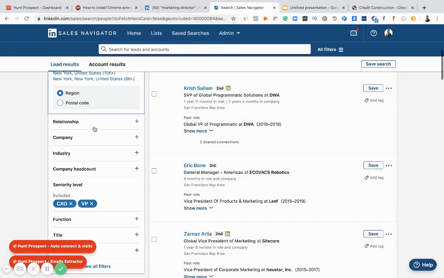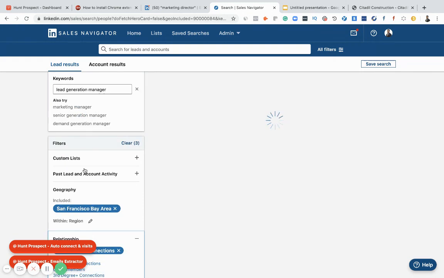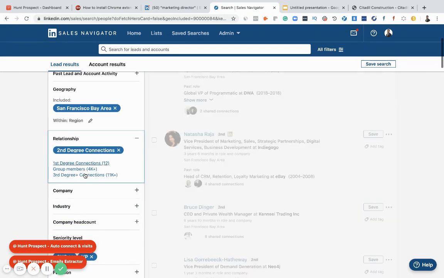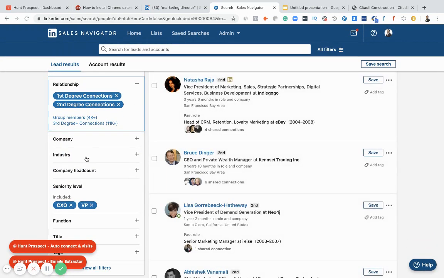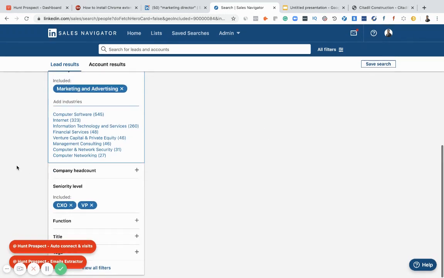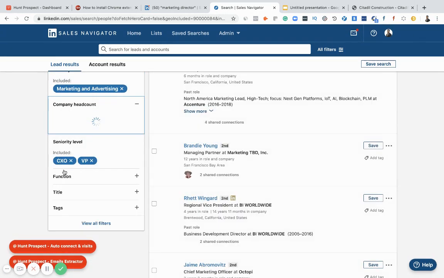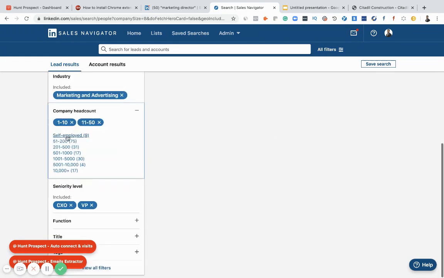And then let's say I only want second degree and third degree connections. I don't want my first degree connections. Industry, let's say marketing and advertising. Company headcount, I can go for say 1 to 10 and 11 to 50.